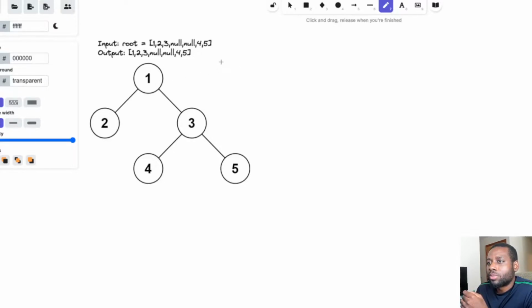We're going to have a delimiter, which is going to be the comma. So we start with the root, which is one, and then we visit our left side, which is two. We visit two, and we also need to add the null values, so that we know that two has null nodes, as there's no children. So X X, those are pointing to null values. X X, okay.